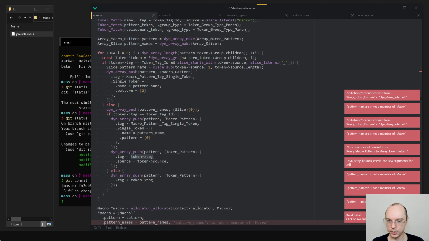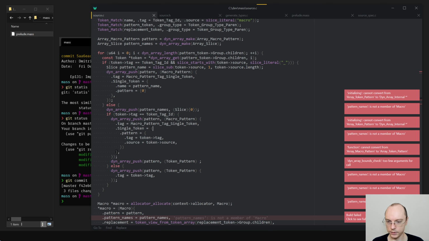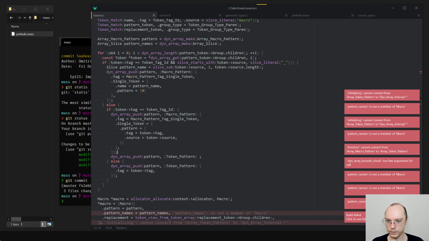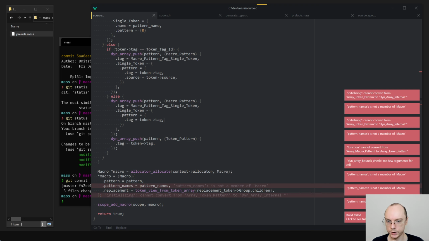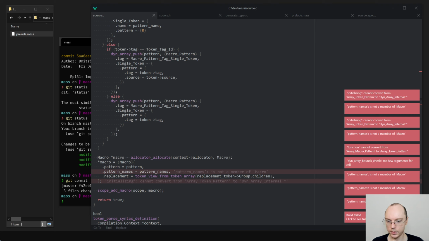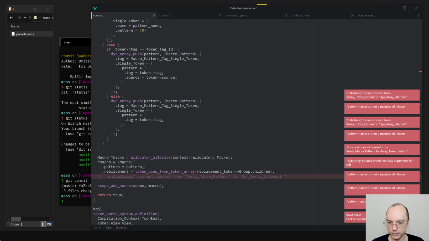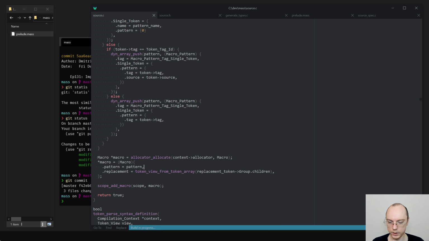Okay. So it was like this and without this stuff. It's fine. And here it's the same, except we only match on the tag. We don't have pattern names anymore.